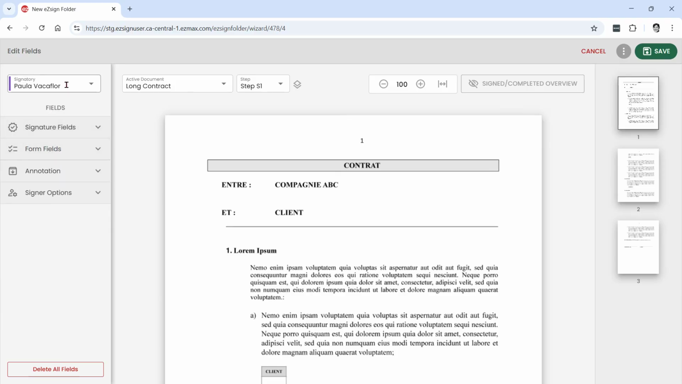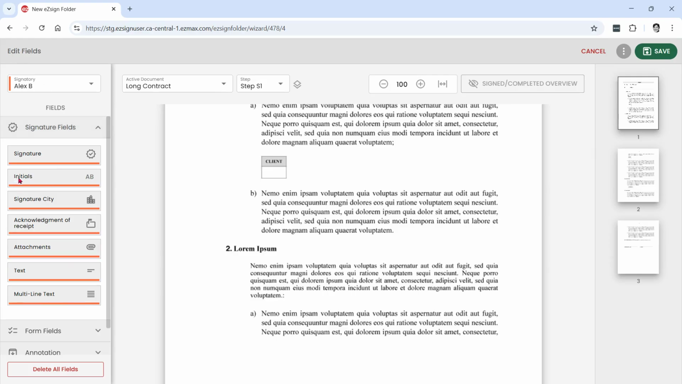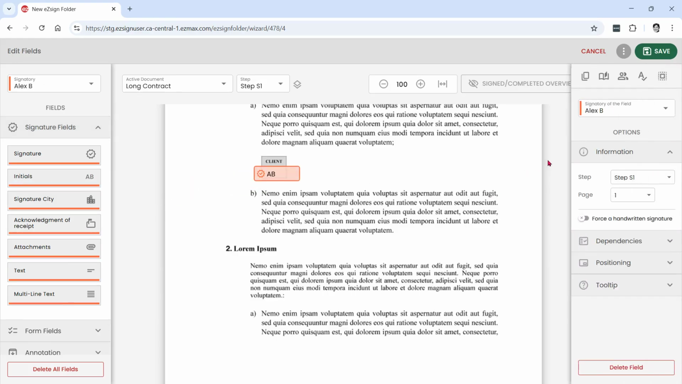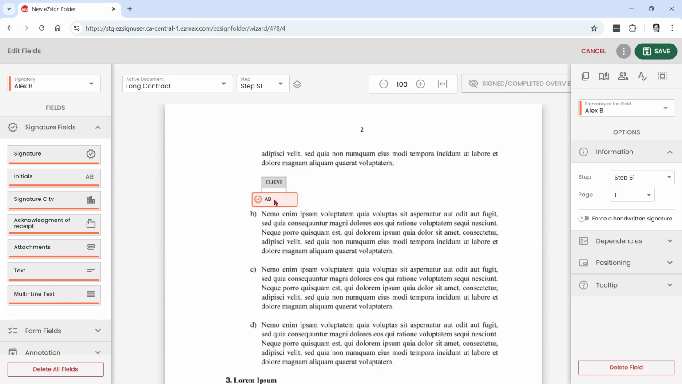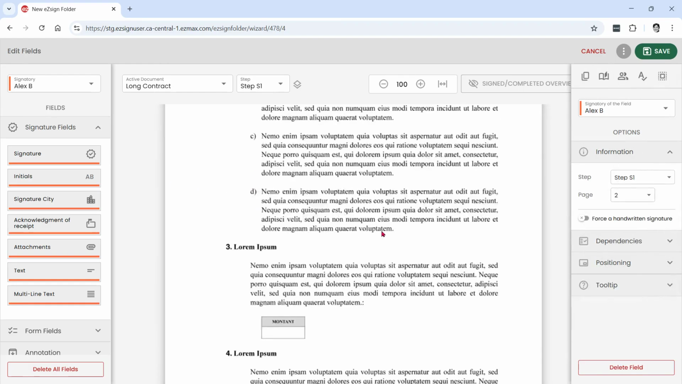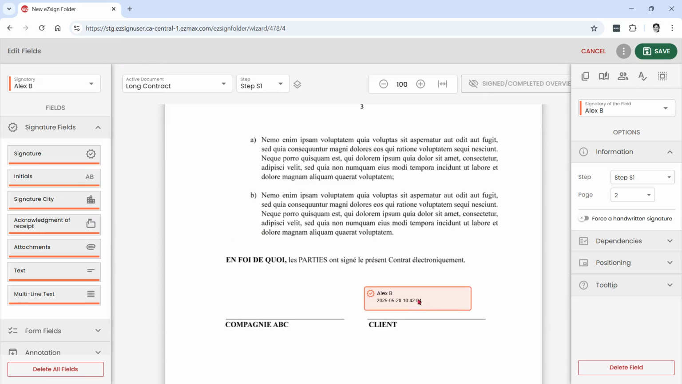I also see here my different signers on the document. So if I want my client, Alex, to, for example, initialize this document, I just go into here and drag the initials. I continue down the page, drag another initial, and then as I go down, I will add the client signature